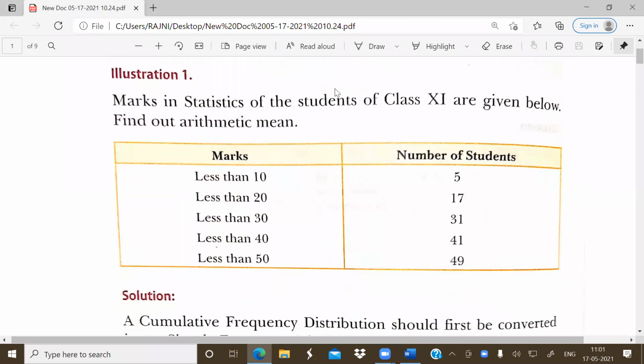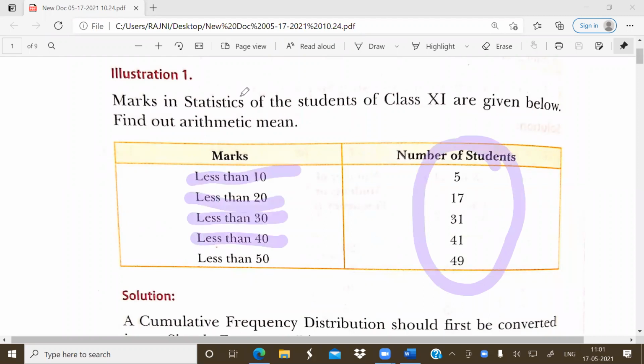As we know very well, the cumulative frequency distribution series refers to the series in which the frequency is given in a cumulative sense rather than the direct frequency. It means the sum of the frequencies will be given. It can be of two kinds, in the form of less than and in the form of more than. In the less than form, generally the frequency is in ascending order.